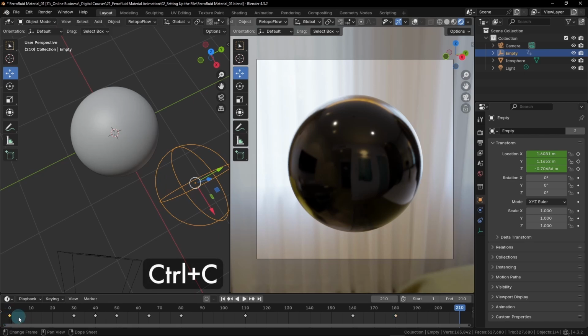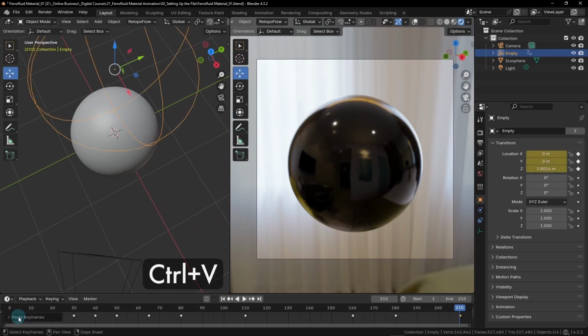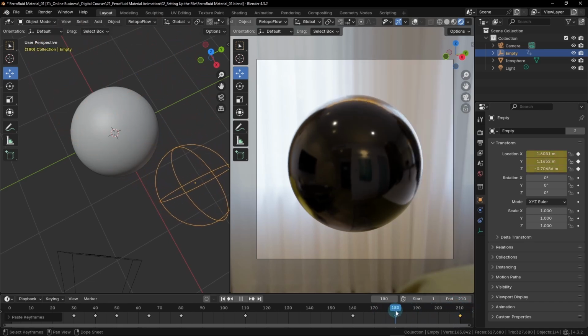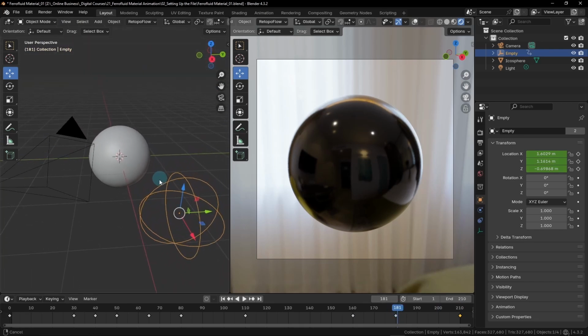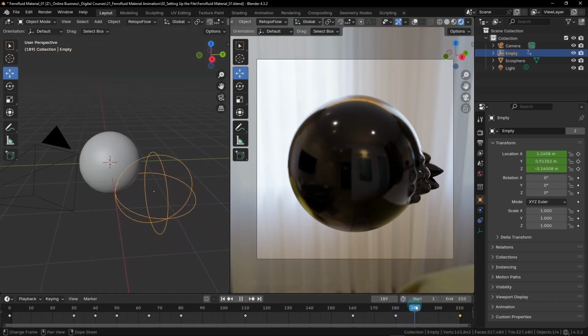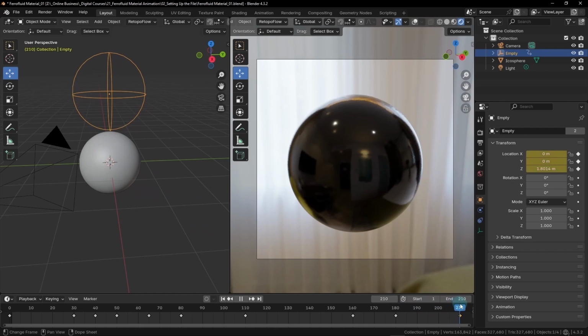Now we can hit Control C to copy this keyframe, and then we'll hit Control V to paste the keyframe over here on the right side where the playhead is. So all we've done is copied this very first keyframe and pasted it again at the very end. If we drag back and forth here between frame 180 and 210, we'll notice that the magnet here on our left viewport travels right back up to the very top of the animation so that it's ready to begin